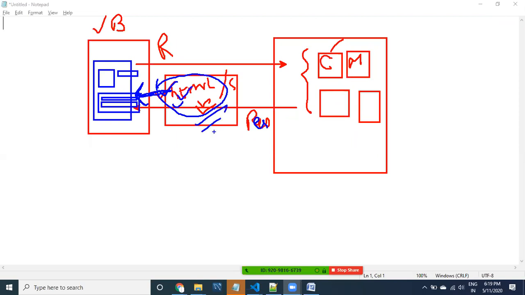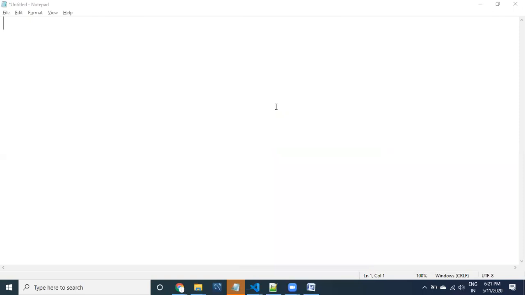What is the browser going to do? The browser understands the HTML, CSS, JavaScript, and it will convert the HTML and CSS code into the user interface. That can be called the rendering process. Rendering is nothing but converting HTML into output. The browser is going to render the HTML, CSS, all those things into output. Using CSS it is going to apply classes, and using all these things it is going to get converted. That is nothing but the rendering process.